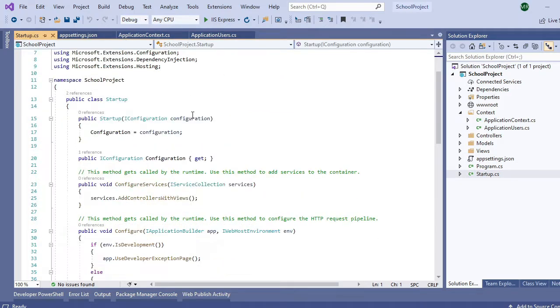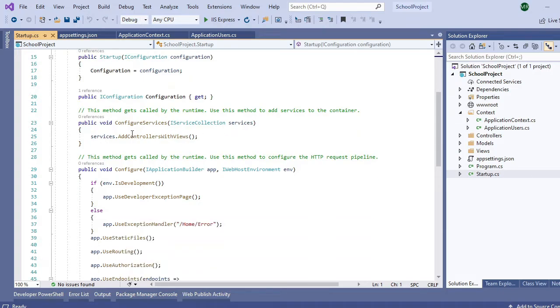Open this file. In the startup file, we can add configuration on the application level. So if we have something we need to apply to the whole application, we can create this configuration in the startup file. We need to go now to ConfigureServices, and we need to add two services